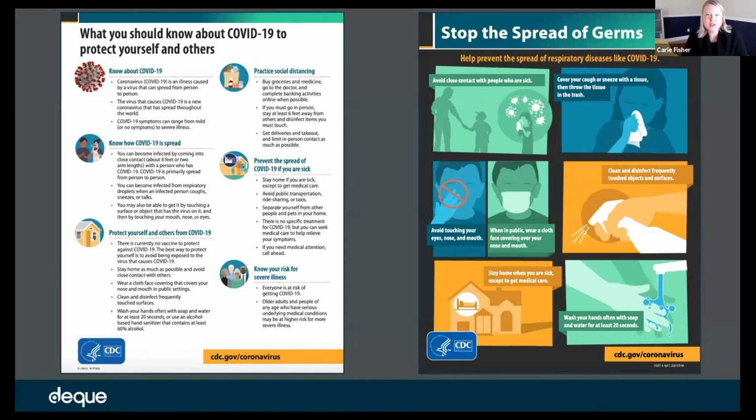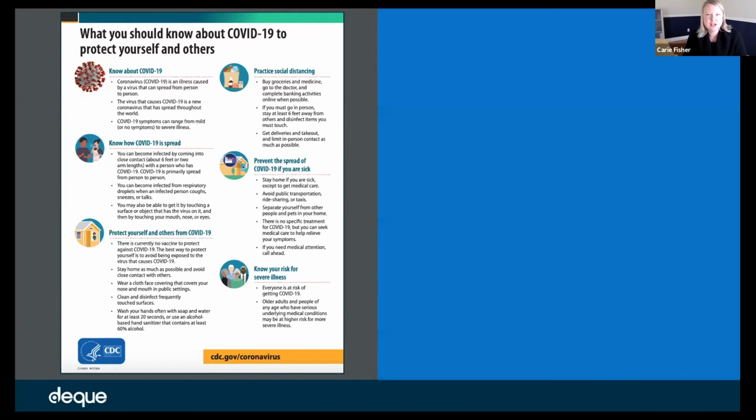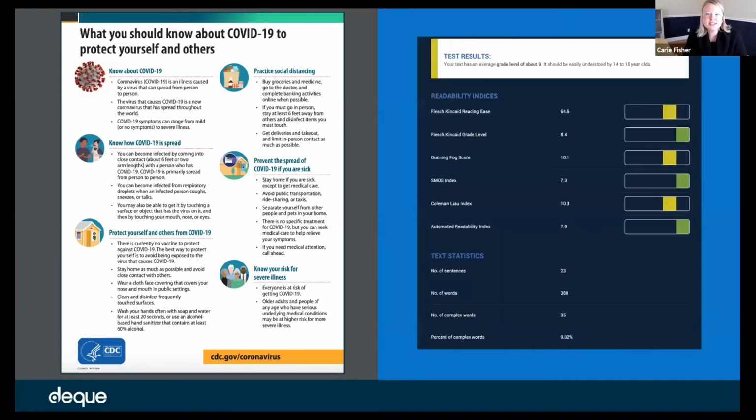So one way that we can do that is to check the readability. These are both from the CDC, and they actually have very similar information. You can see the one on the left has a lot more text, and the one on the right has a few more graphics involved. If I go through a tool like the Readable tool or the readability test, we see the PSA with a lot more text has 388 words and a reading grade level of 9 on the Flesch-Kincaid reading scale,